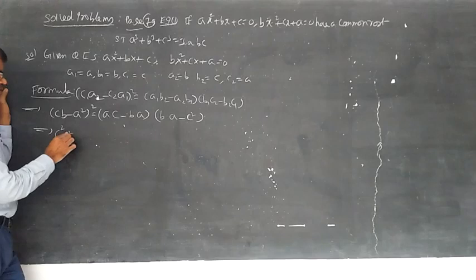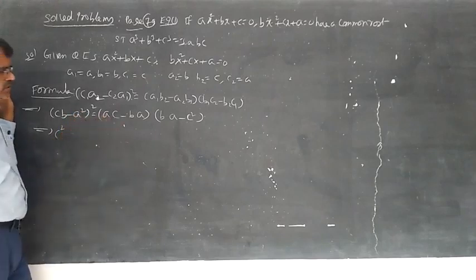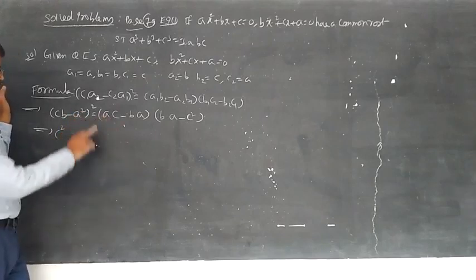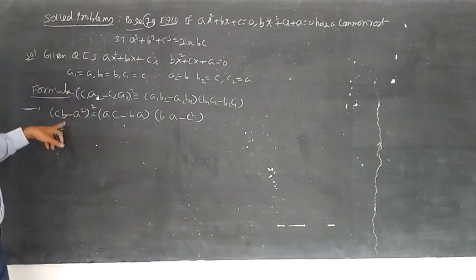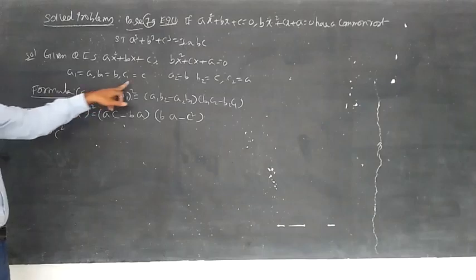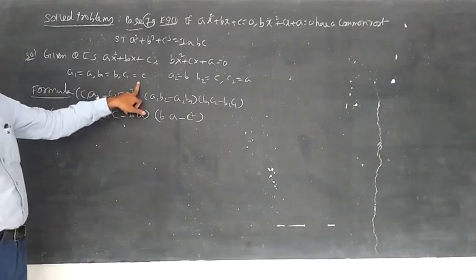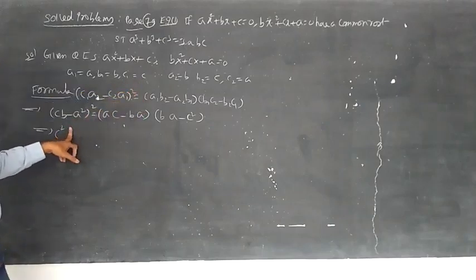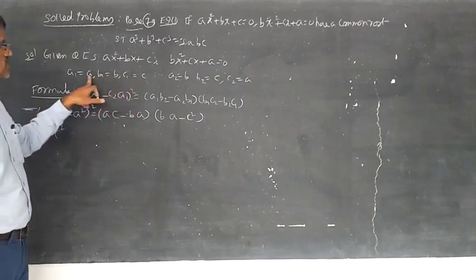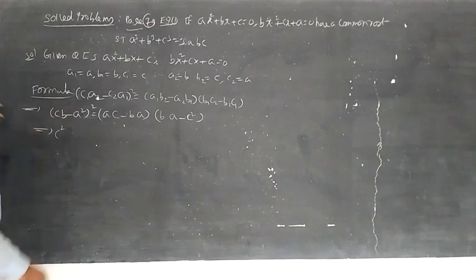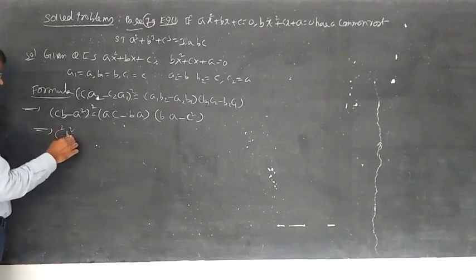Is it possible to take a common factor? There is no possibility here. Only here we can take common, if there is any chance. C1 means c, a2 means b, minus a1 c2, a1 is a and c2 is a. That's all. So c square b square